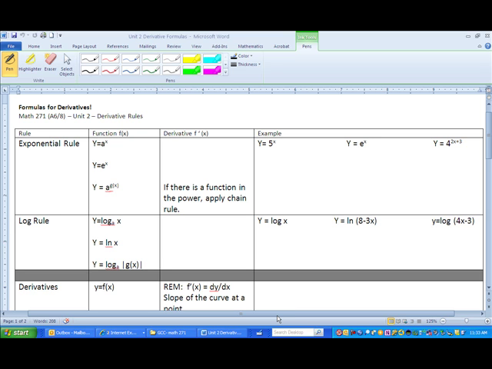So let's get going on exponential functions. Remember that an exponential function is something like 2 to the x, where we have a base that is a number and your independent variable is in the exponent. So to take the derivative of any of those functions, you use the formula. It is the ln, remember ln is natural log, the ln of a times the original function a to the